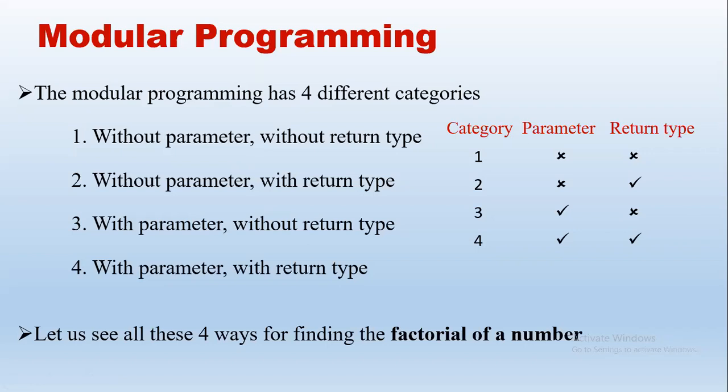So if you have seen in the previous lab sheets, we have discussed the factorial of a number, like the problem: Radha wants to arrange 5 books and she wants to know how many ways to arrange, right? We have seen that. In the main function itself, we used the logic, right? We found the factorial of a number. So say 5 books, so 5 factorial is 120. So Radha can arrange all the 5 books in 120 ways. So that was to find a factorial of a number. So how did we do that? The entire code we wrote within main only.